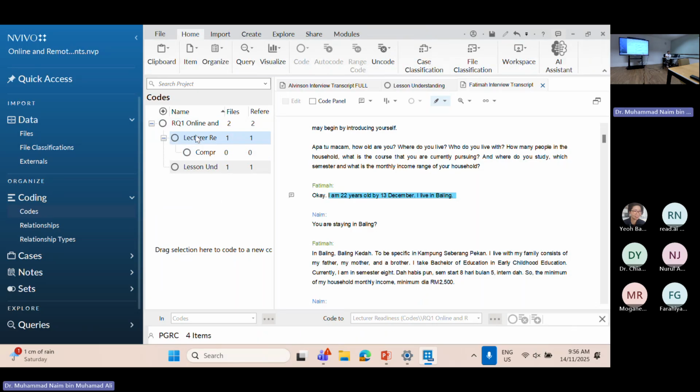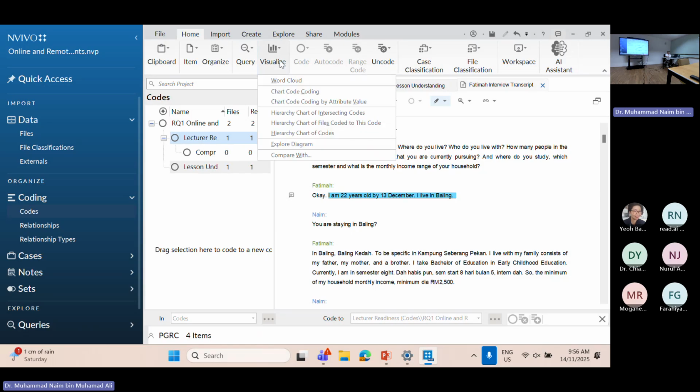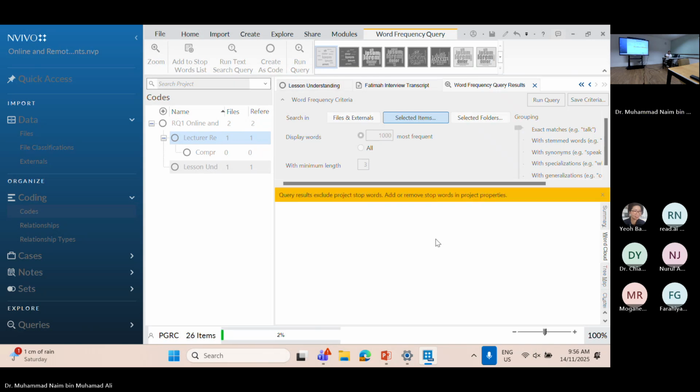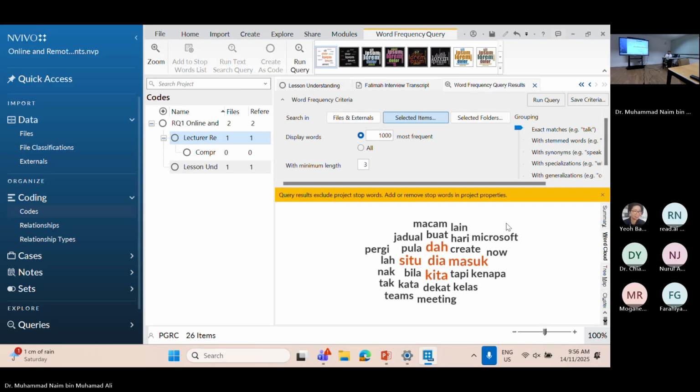Let's say you want to visualize the previous data, you can stay on the board and then you can remove it.